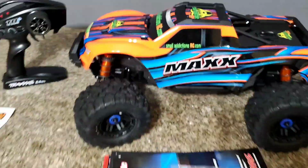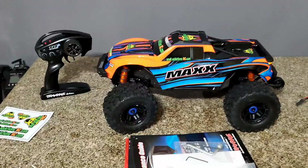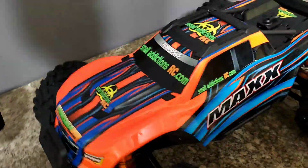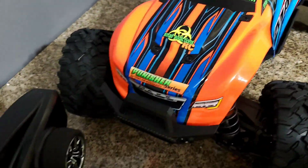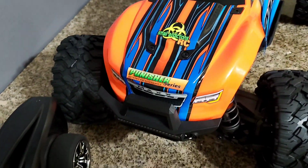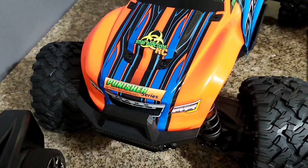Alright guys, there it is, out of the box. Already went ahead and bedazzled it up a little bit, put some Small Addiction stickers on there. Also put a Punisher sticker on there because, like I said, I've run the Punisher batteries on the MAXX, and